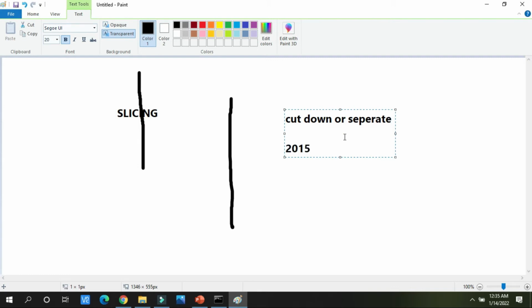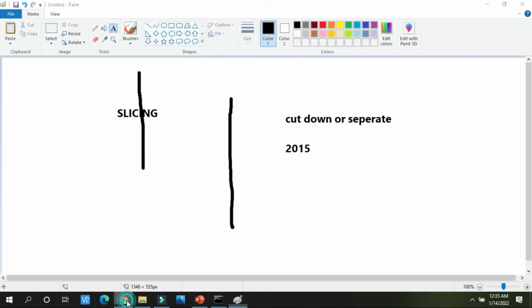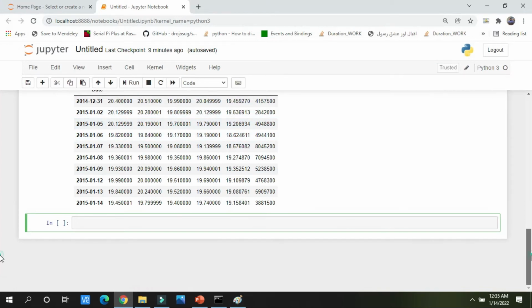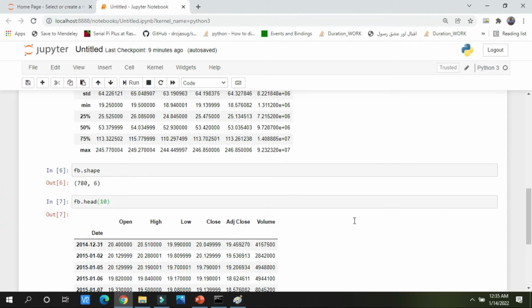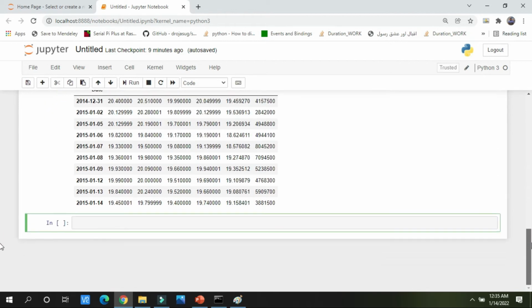Someone asked me that in all these 780 rows and 6 columns, you have to cut down the data of 2015. This concept is known as slicing in Python.